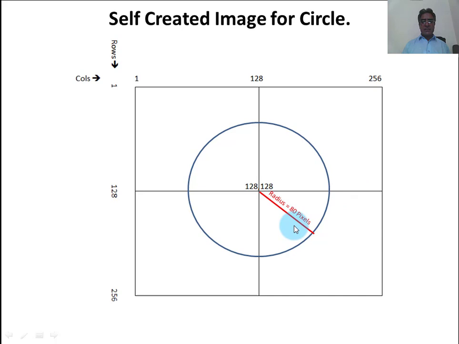If the distance is less than 180, then make all those pixels white, and if this distance is greater, likewise here in the surrounding of the circle, then make them black.